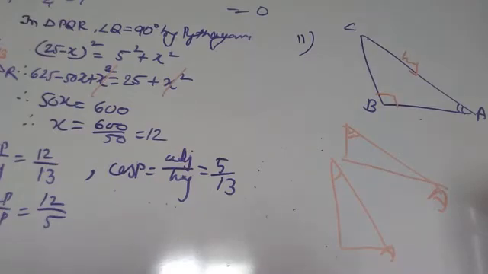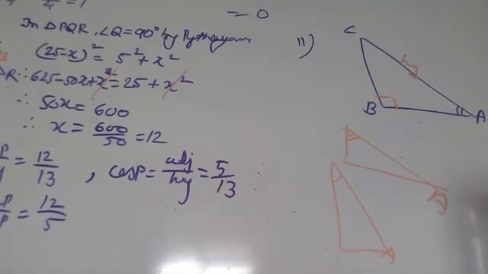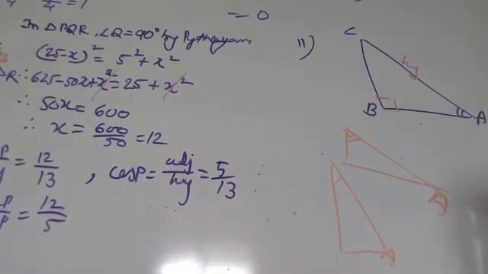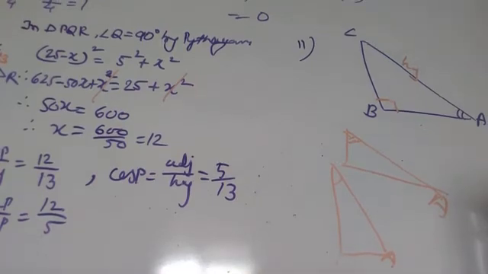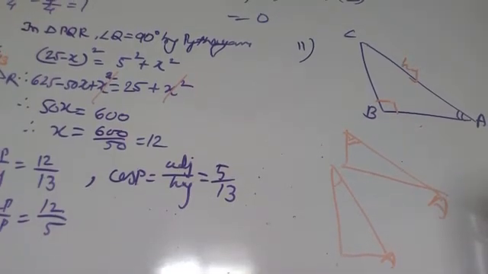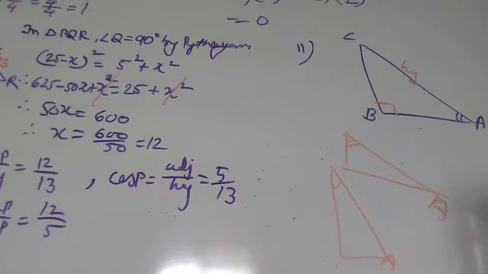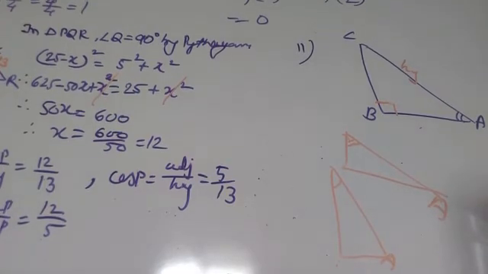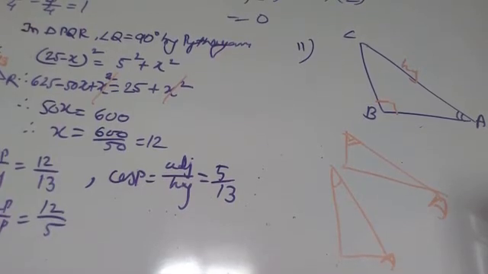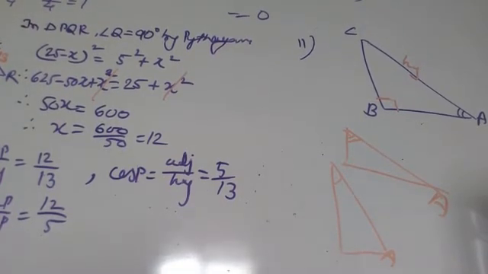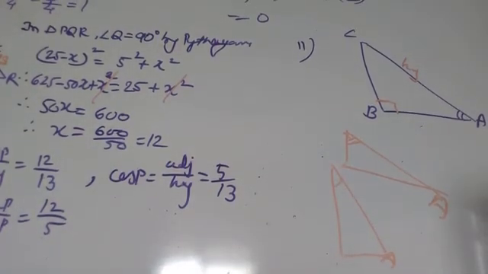Third statement: cos A is the abbreviation used for the cosecant of angle A. No, cosecant is in short known as cosec, and cos A is the abbreviation for cosine. So that is a false statement. Now in the fourth one, cot A is the product of cot and A. No, cot A is a trigonometric ratio, or we can say it is a function of the angle A. So that statement is false.